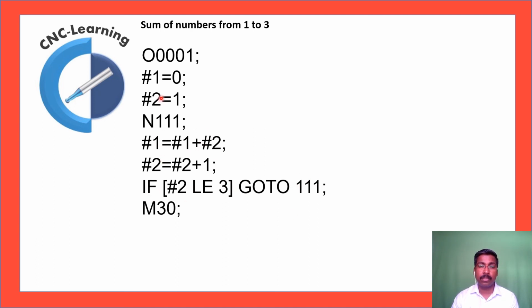So what happens is, first this is initialized, then this will keep incrementing, hash 2 also will keep incrementing, and this will be evaluated here. Another advantage here is this is only one statement, whereas in the previous one an if statement was there and then one simple go to command was there. So this is much simpler than the other one in usage, but minimum one time the program will run, so you have to be careful. I hope this was helpful in understanding how the branching works in macro programming.